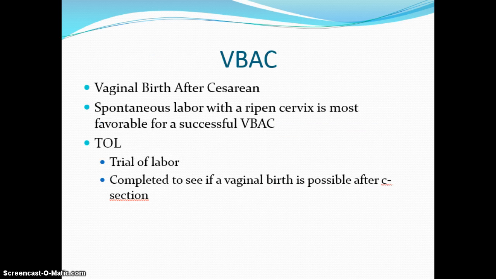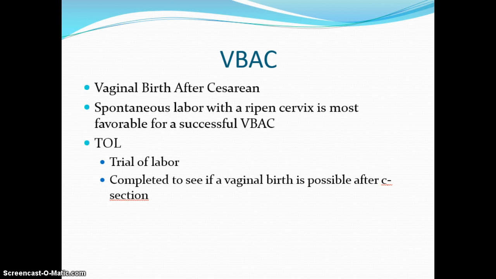I touched a bit about VBACing when we were talking about inductions. With a vaginal birth after cesarean, what we would like to see in order for a VBAC to occur is that the woman is in spontaneous labor and that her cervix is favorable. That's when we're going to see our most successful VBAC rates. You can request a trial of labor to see if we can get our patient to complete and have a successful